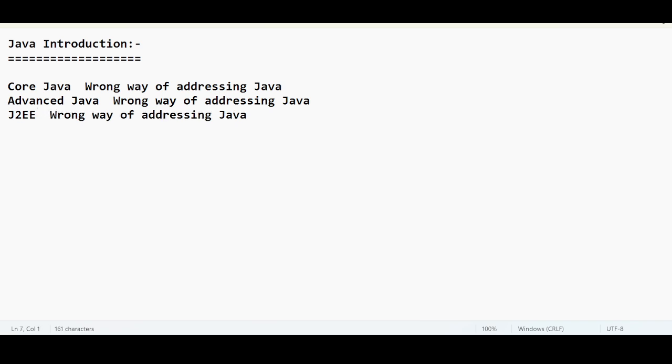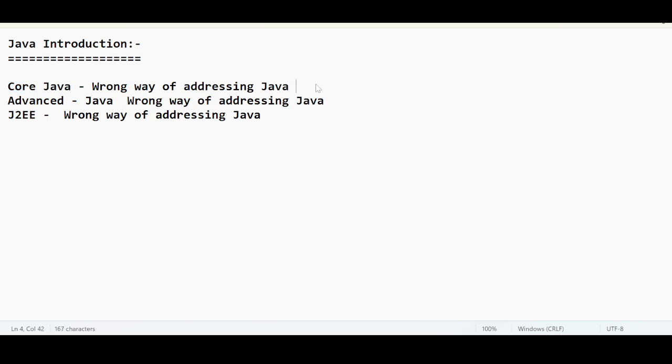These are names created as per Indian standards. The people who are educated in India are well aware of these words, but they don't understand what J2SE is, or what J2EE is, and they usually don't understand something like J2ME. I am going to explain each and everything before jumping into the introduction. These terminologies are just designed as per Indian standards.